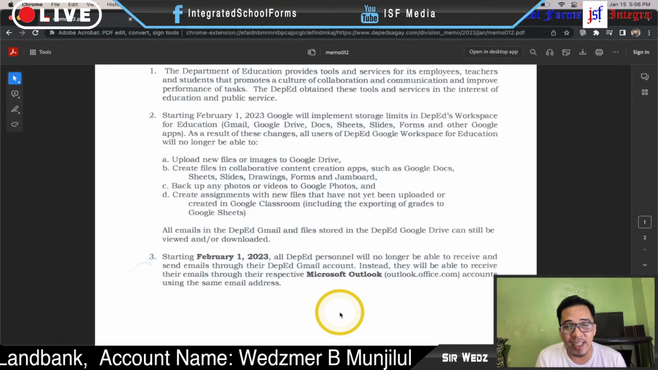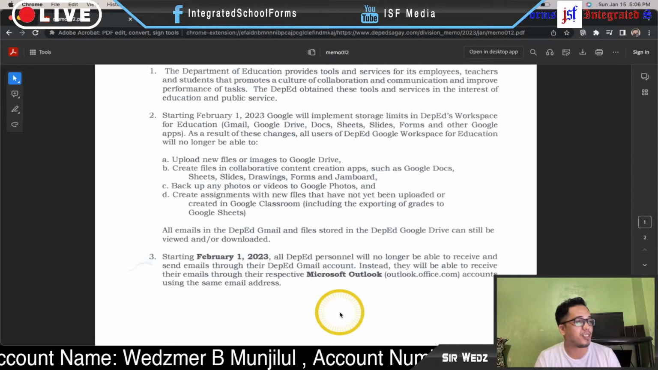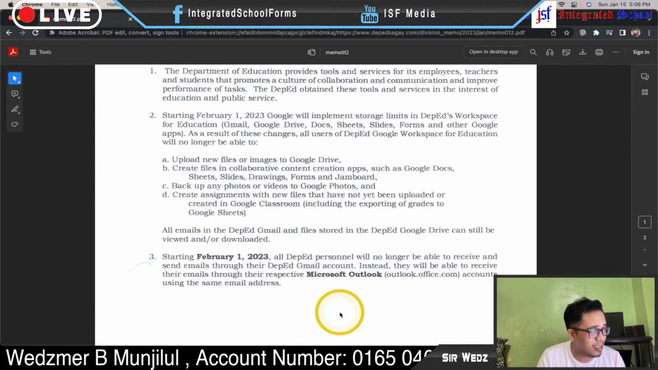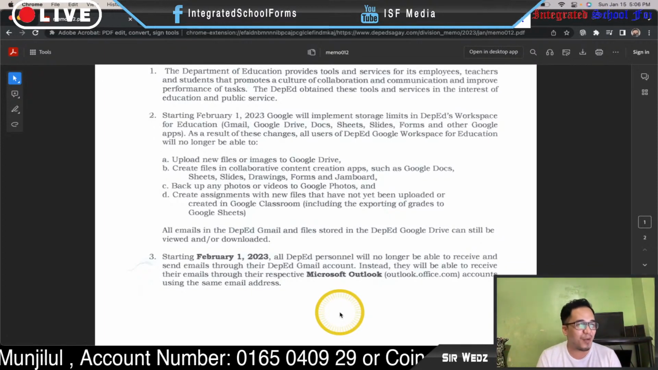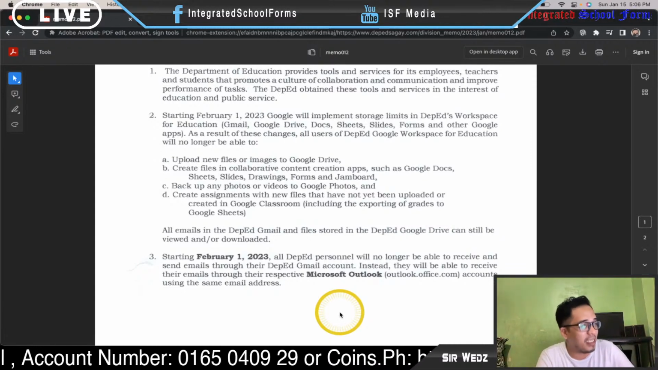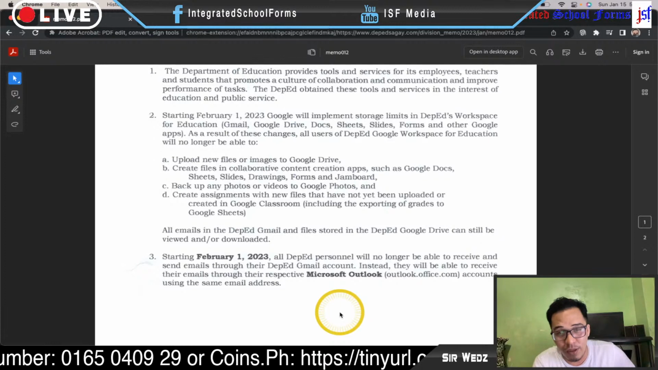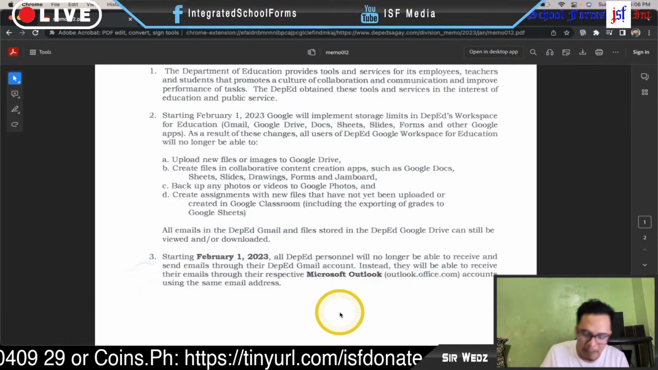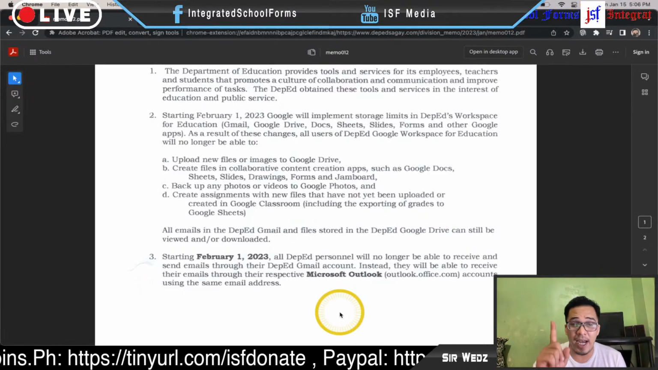That's very problematic. Starting February 1, 2023, all DepEd personnel will no longer be able to receive and send emails through their Gmail account. Instead, they will be able to receive their emails through their respective Microsoft Outlook or Outlook.office.com accounts using the same email address. Ngayon, ito yung problema. Ang problema nito una,